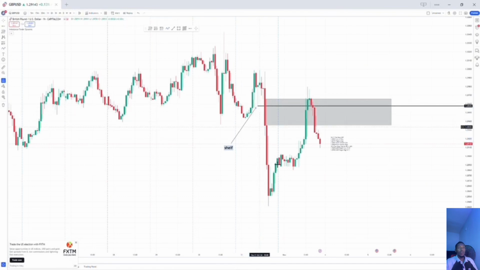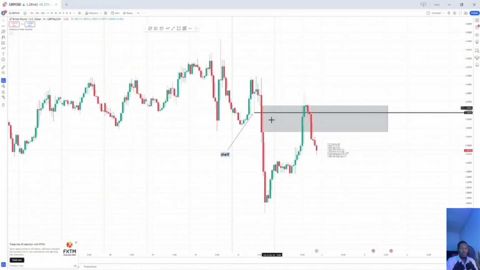So this is a valid fair value gap. It's reacting to an order block. Remember, there is an order block at this area. First confirmation, three-dimensional order flow. Second confirmation, it has a shelf. Third confirmation, it's reacting to an order block. You understand? So this is a valid fair value gap. And the fourth confirmation, as you can see, the candle that filled the fair value